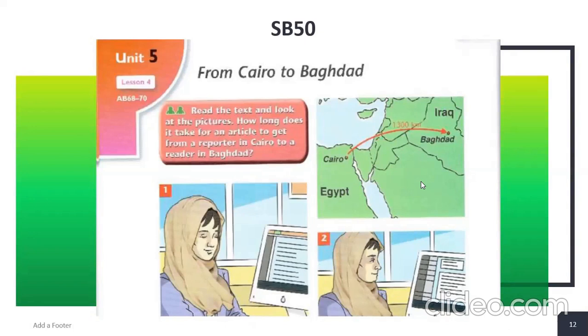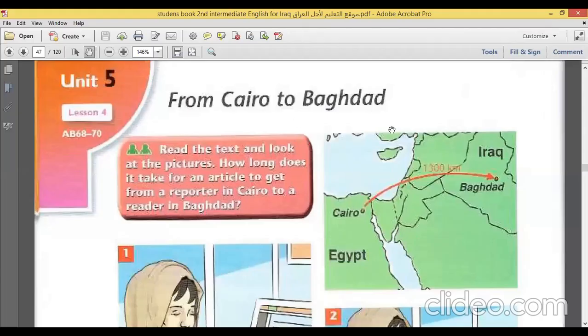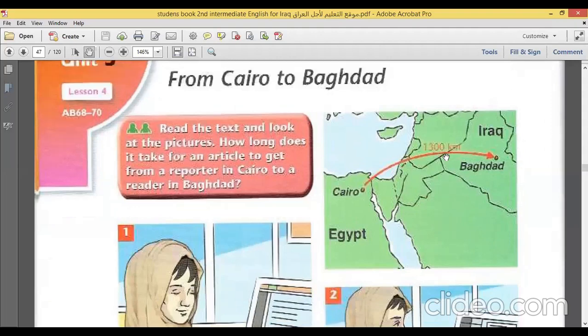If we look at these pages, page 50 specifically, and 51,